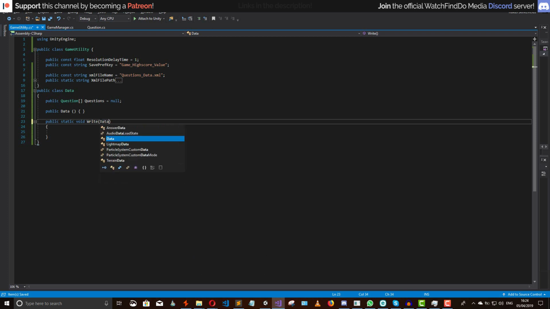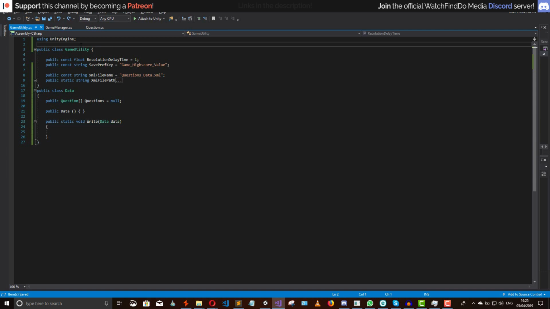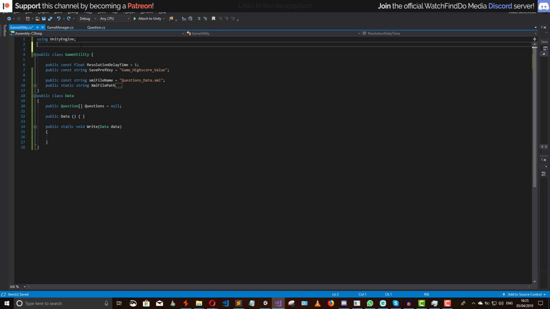So let's simply say data, and then let's call this something like data. So we are simply going to write this data that we send to the XML file. The first thing we need to do is include a couple of namespaces. The first is using System.IO, and this will allow us to work with files and